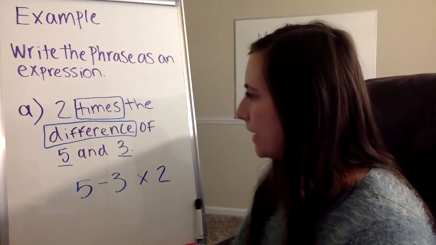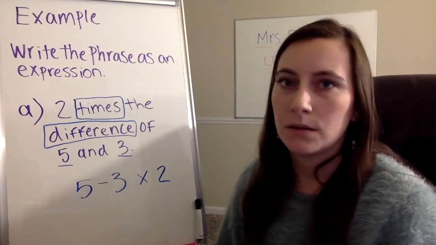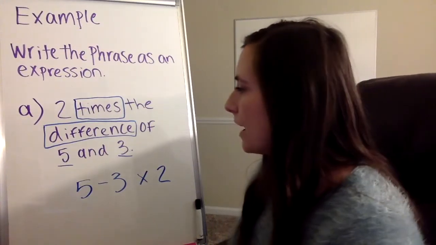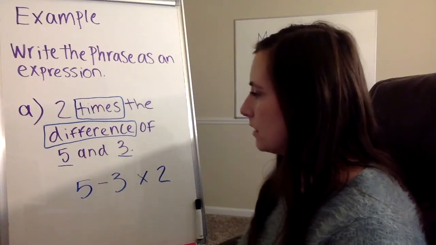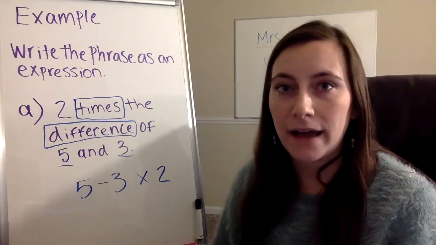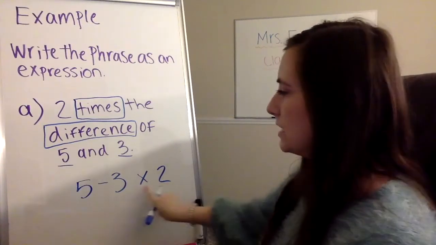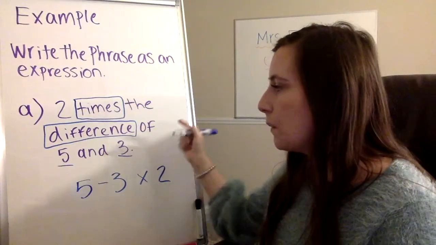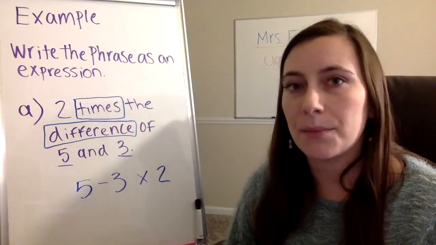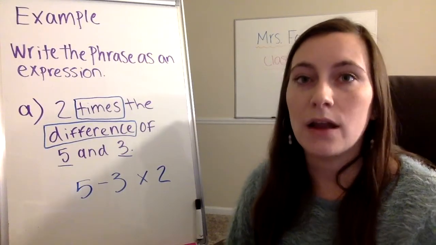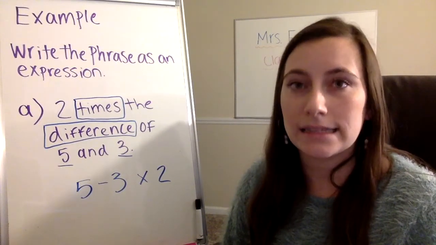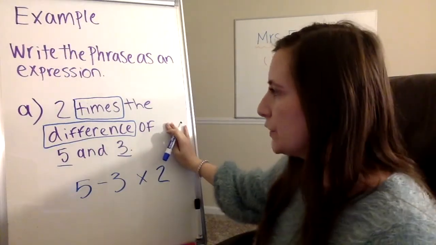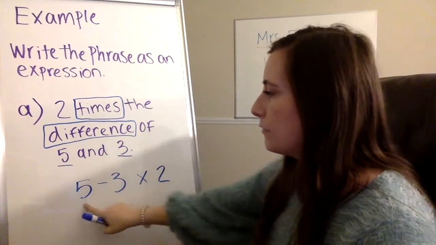Now, I could stop here, but hopefully you recognize, because using our order of operations, PEMDAS or GEMS, that right now, as it is, the first step I would be simplifying, if I were to, would be 3 times 2. That's not what this expression reads. So I have to go in and I have to put parentheses around the step that I want to do first to ensure that if I were to simplify it, it gets done first, and so that it matches the expression up here. So I need to add parentheses around 5 and 3